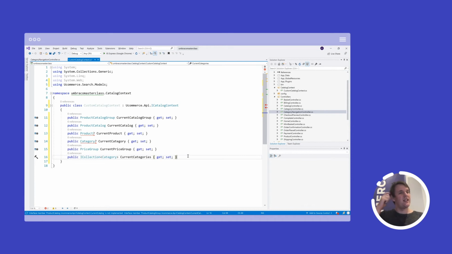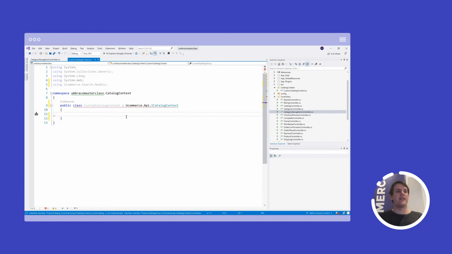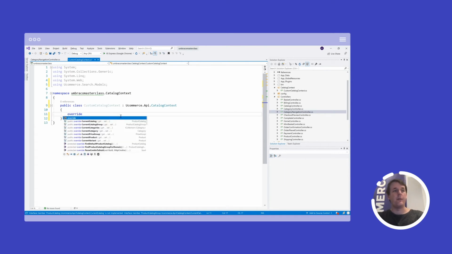So in this particular case, we want to use a slightly different technique, which is that we can also just inherit the default implementation instead. So the default implementation in the platform will always allow you to override the different methods that are on the actual interface, which means that you don't have to override the entire thing.